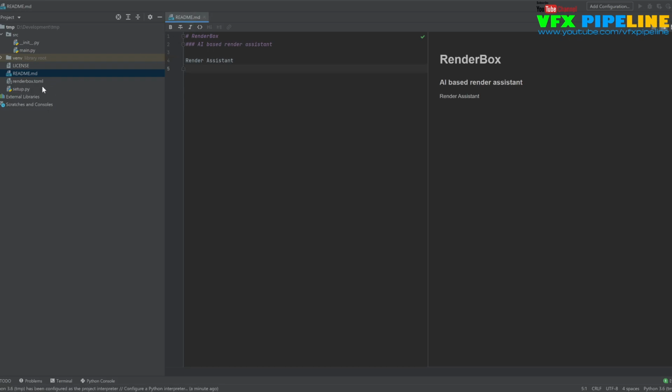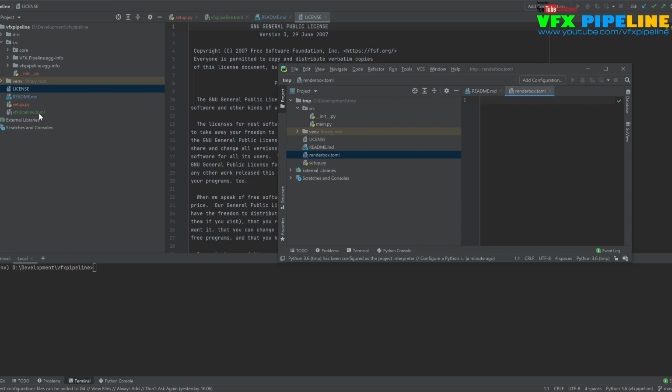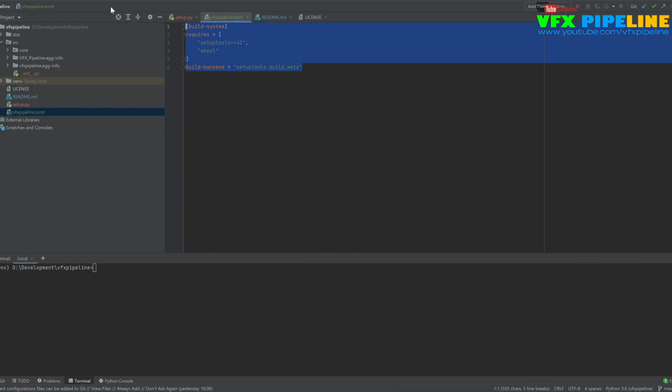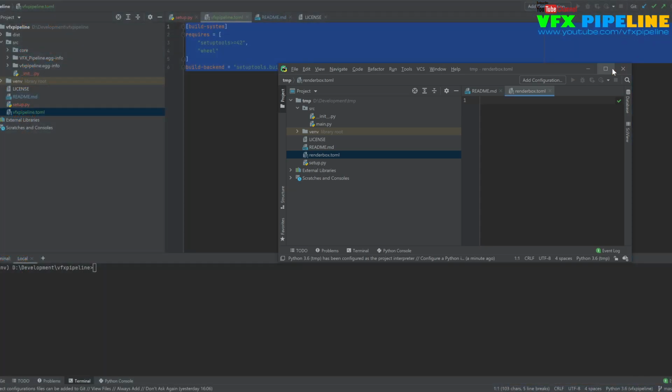Okay, so this is your readme file, and now let's go to renderbox 2ml. So renderbox 2ml is empty right now, right? So all you have to do is copy the lines which I'm typing here into your code. Let me simply copy paste this line here, nothing else. What this is doing is creating what is required for the package. So right now it's setuptools for above 42, and wheel is required. Just copy paste this and no need to think about that at this time.